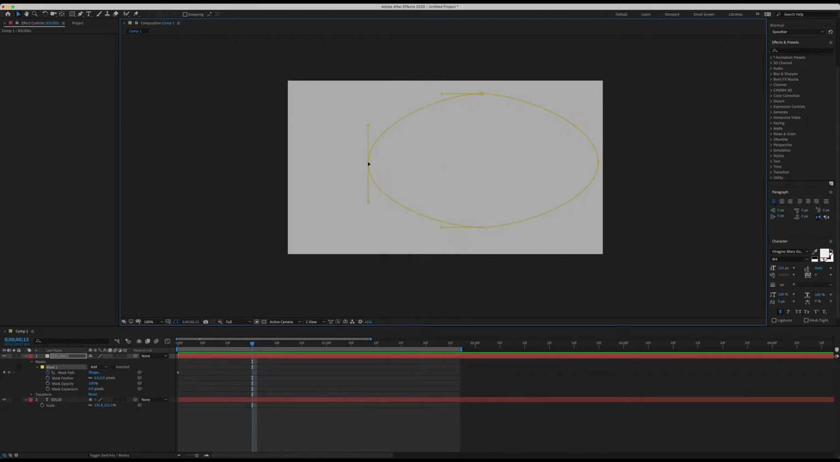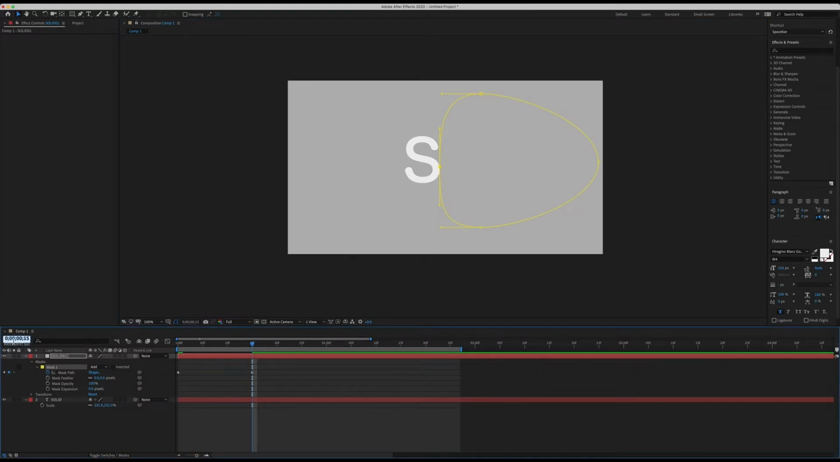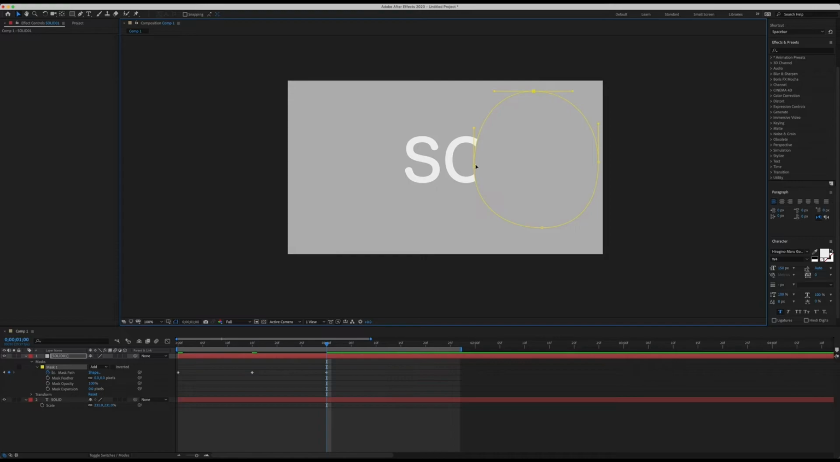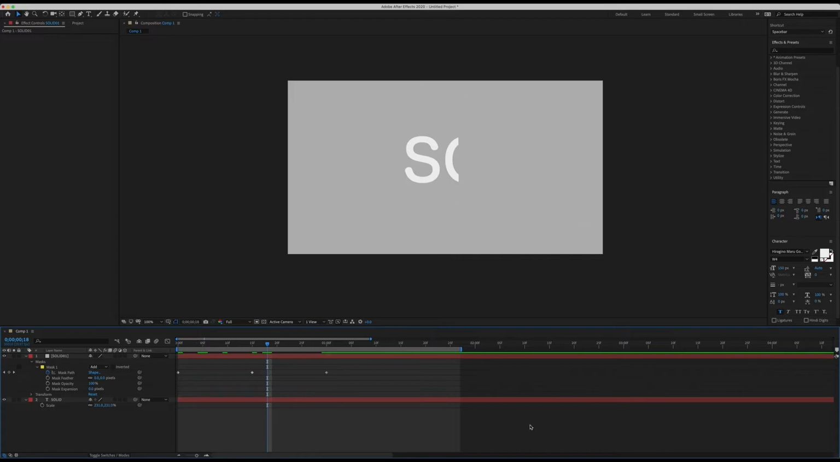Handle this, and go to frame 30. Alright, let's test it. Now you should notice that I have created 1, 2, 3 keyframes. Then let's make one more keyframe under here, mask,